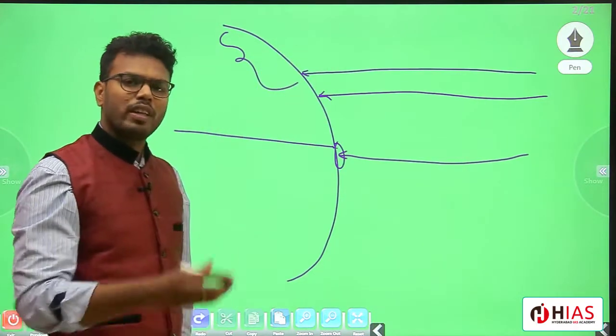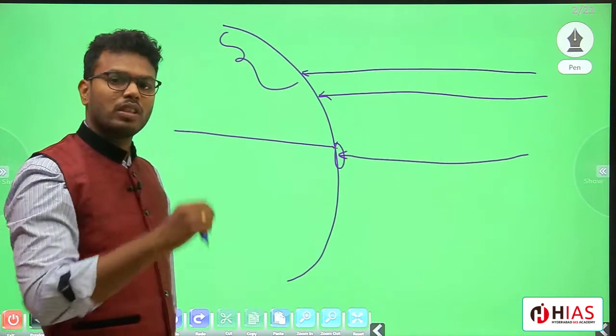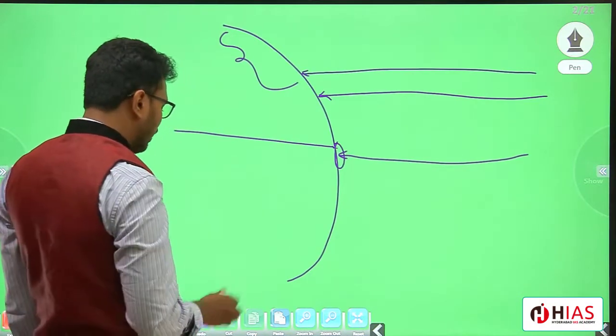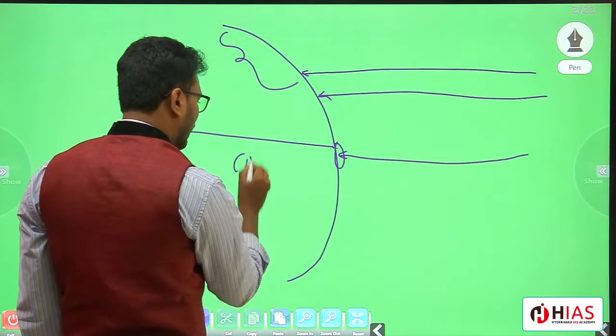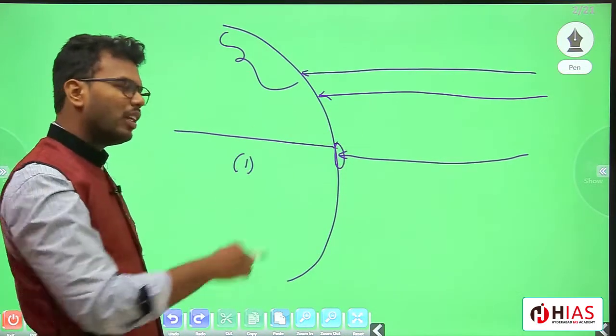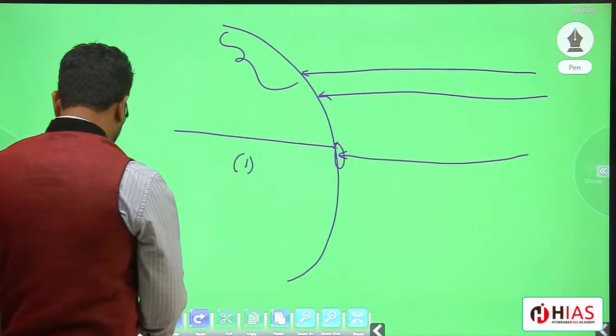If the light is falling above the Tropic of Cancer, the intensity of light gradually decreases. So if you take the higher latitudes, that is at the poles, the light will be there, but the intensity will be very, very less. This is the first point which I would like to tell you: how the shape of the Earth surface is impacting. In the previous video, I told you very clearly what is happening over here.